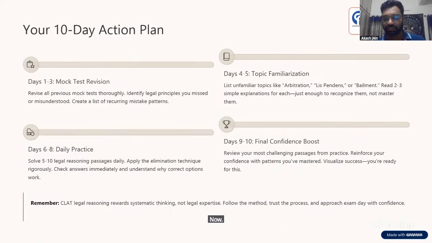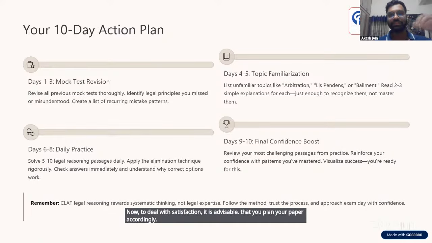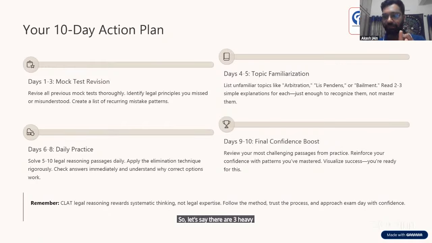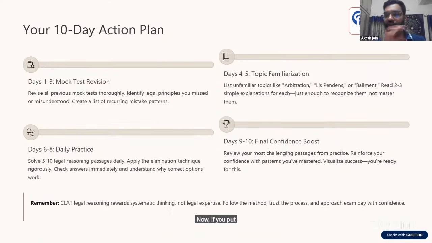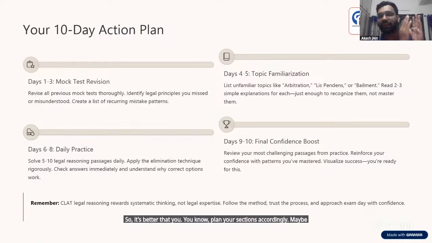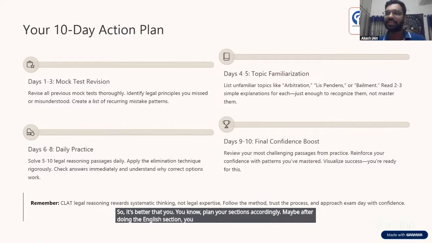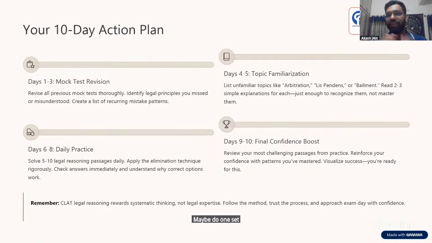To deal with such situations, it is advisable that you plan your paper accordingly. So let's say there are three heavy reading sections in our paper: English, legal, and logic. If you try to solve these three sections together, it is very natural that your efficiency of reading will go down. So it's better that you plan your sections accordingly. Maybe after doing the English section, you do one set of quant